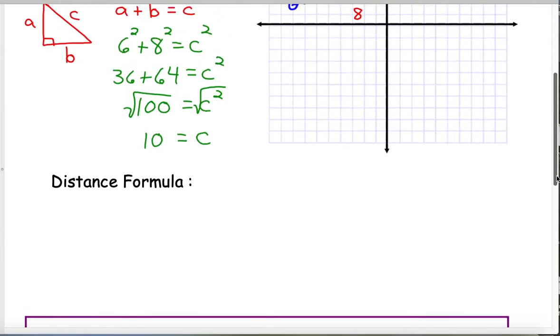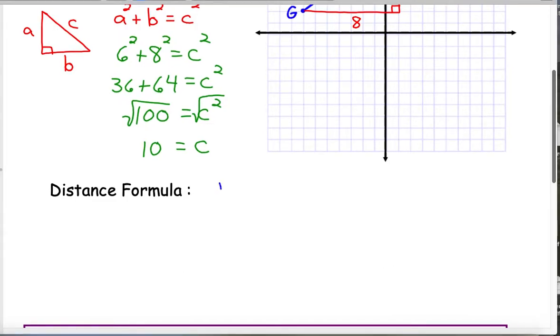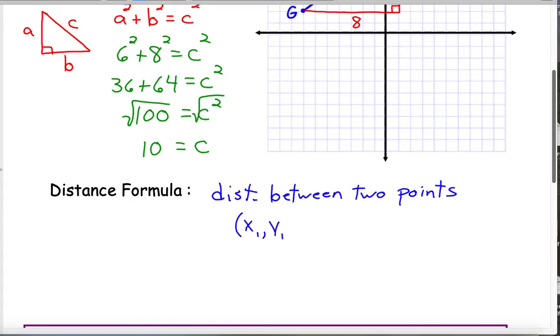There's also, just like we had a midpoint formula where you don't even have to use a graph, we have a distance formula. And so if we want to find the distance between 2 points, let's label them just like we did before. Let's say the first point we're going to call x sub 1, y sub 1. And the second point we're going to call x sub 2, comma, y sub 2. Okay, it makes a nice pattern. Then to find the distance between those points,